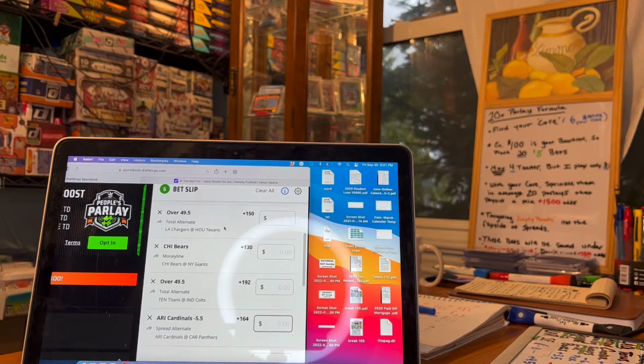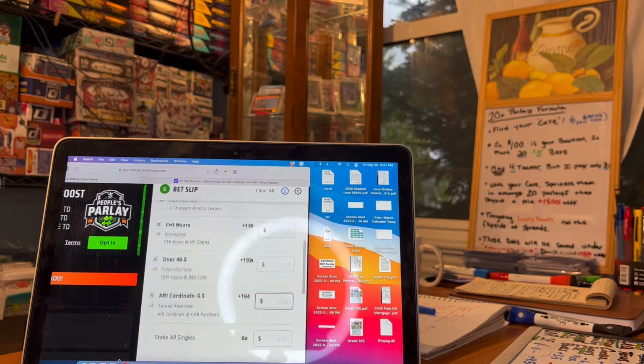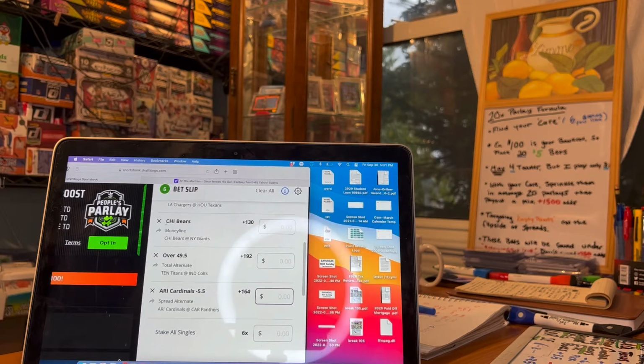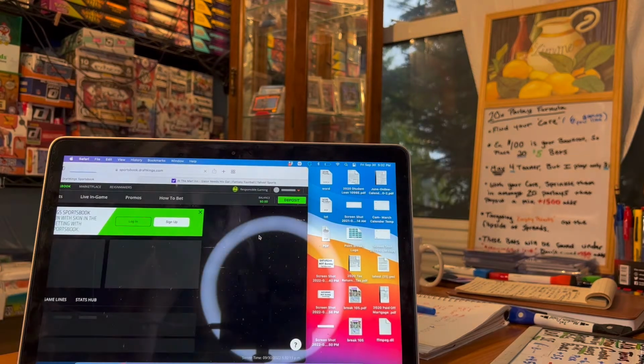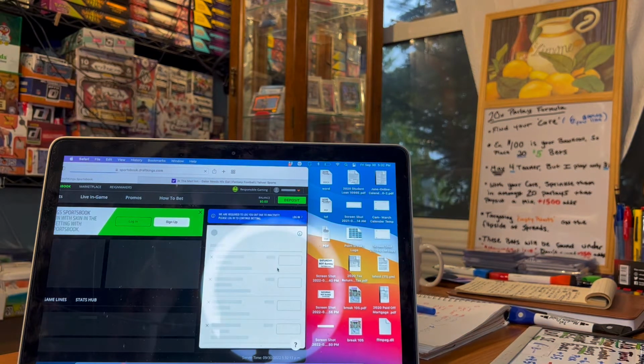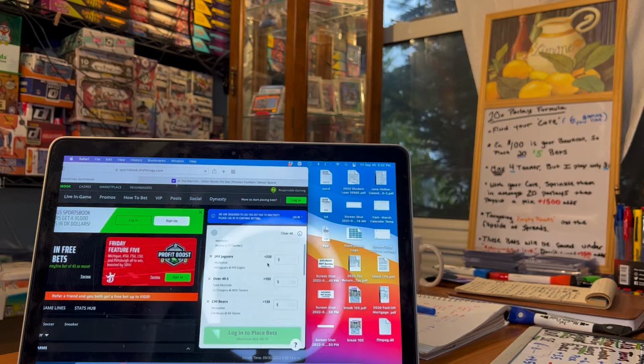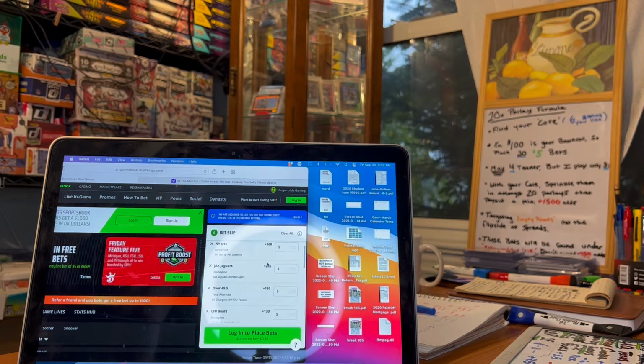Plus 150 for the over in the Chargers. This was my modest pick. I took Bears money line. If you take Bears -2.5, I think it is the same exact number. So you got to be careful looking at those reverse spreads. Just be careful. They try to duke you. They'll make you pay 2 points you don't want. So, of course, that goes out on me right there. So now you got your 6